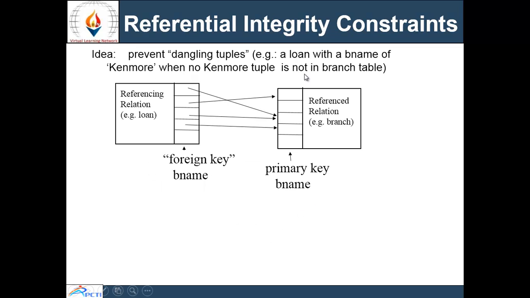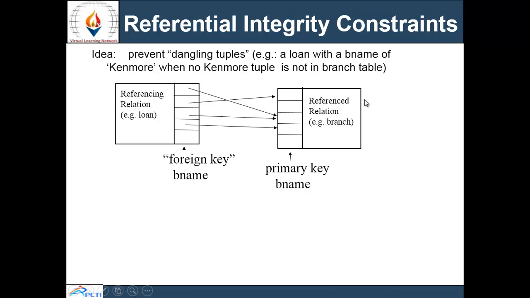Next is referential integrity constraints. Referential integrity constraint states that the foreign key can take values from its primary key only. Means if the primary key here has a total of 4 or 5 values, then the foreign key can take values only from these values, and cannot take any other values than the values in the primary key.